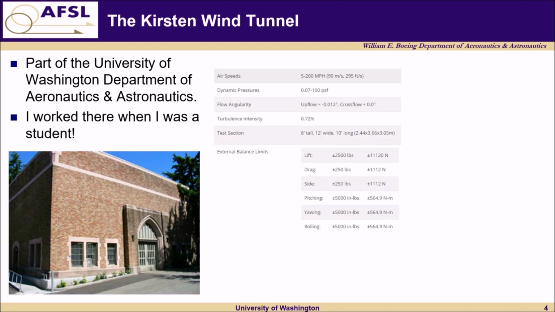Here are some general tunnel specifications. So you can see it can generate wind speeds of up to around 200 miles an hour, which is roughly a dynamic pressure of around 100 pounds per square foot. The test section is 12 feet wide by 8 feet tall by 10 feet long, and the balance is rated for up to 2,500 pounds in lift, 250 pounds in drag and side force, and 5,000 inch-pounds in roll, pitch,